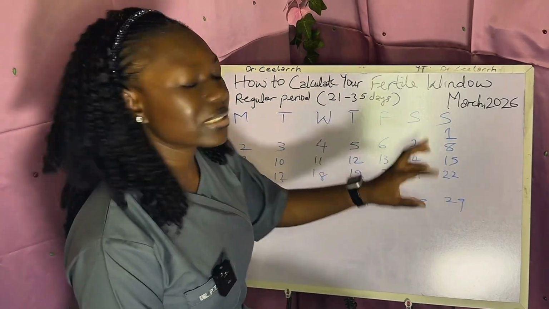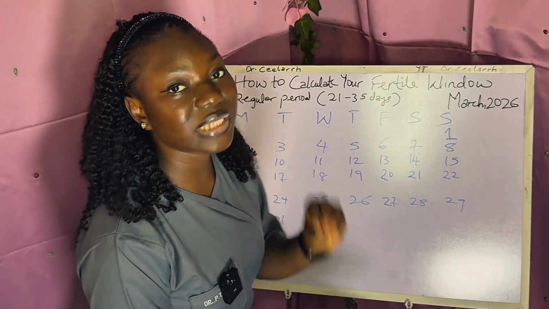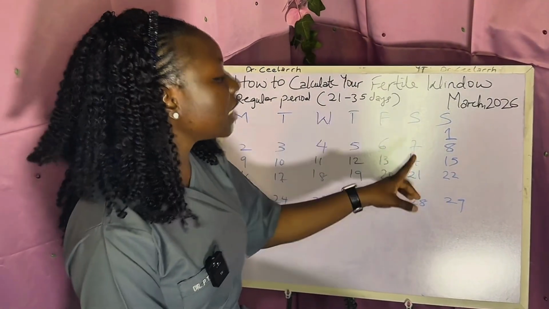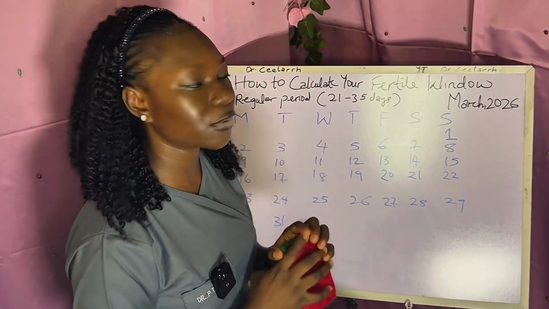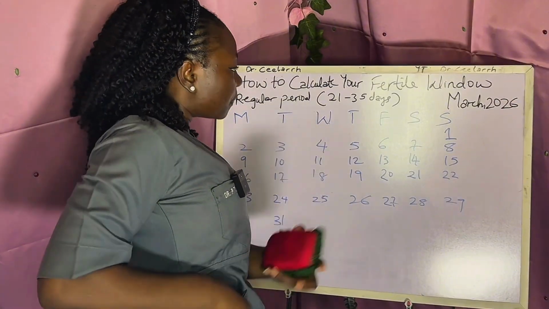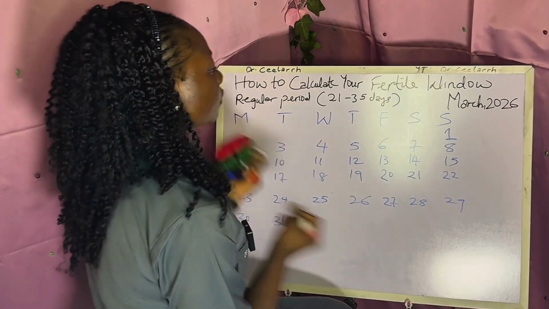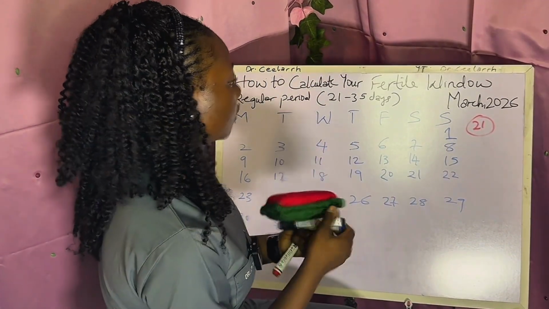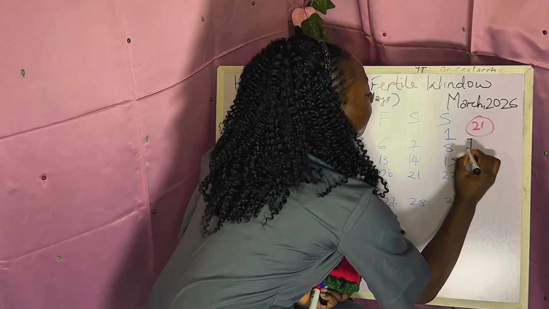I also want you to understand that the first day of your menstrual cycle is the day that you start seeing your menstrual blood. One menstrual cycle is from the beginning of one cycle to the last day before another cycle. So we're going to start with the 21-day cycle. We're going to use our favorite index person,